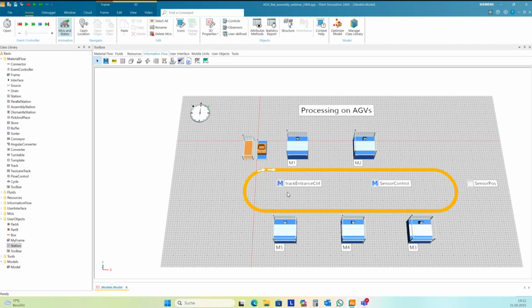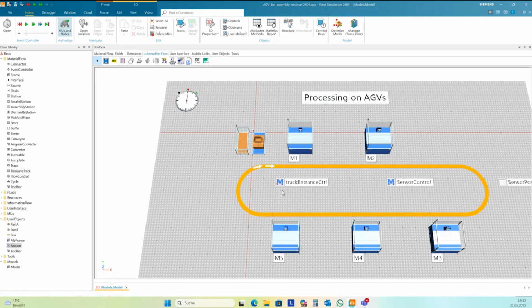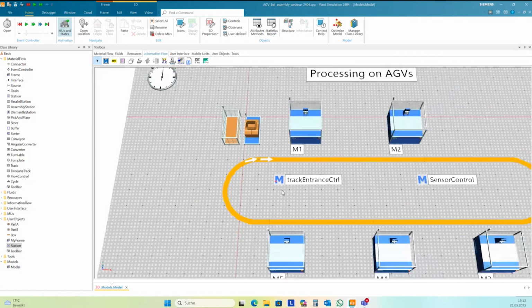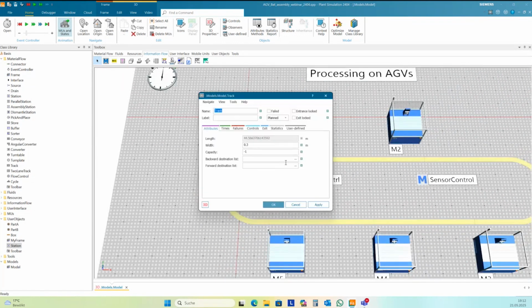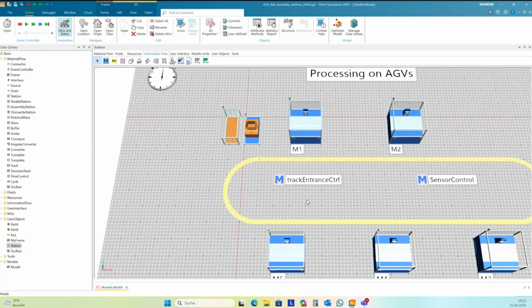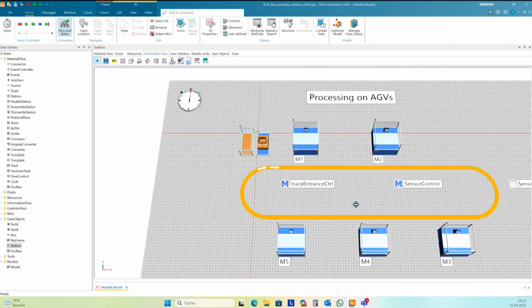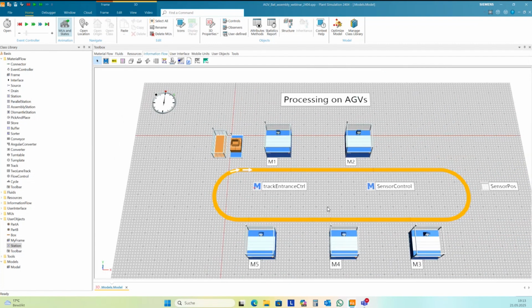So I hold down the shift key and drag this method on the track. And then you get this new icon on the method, and the method is entered here as an entrance control. Okay.